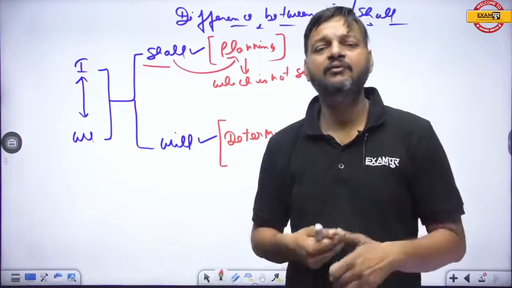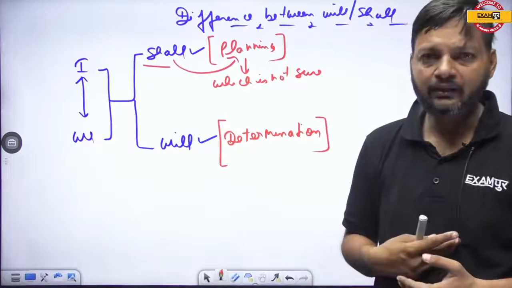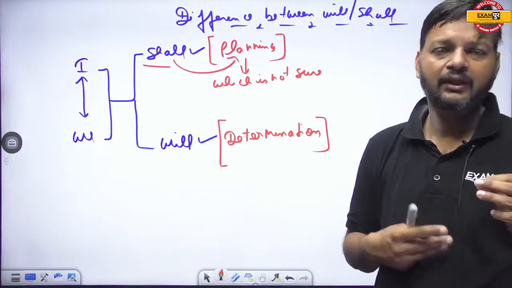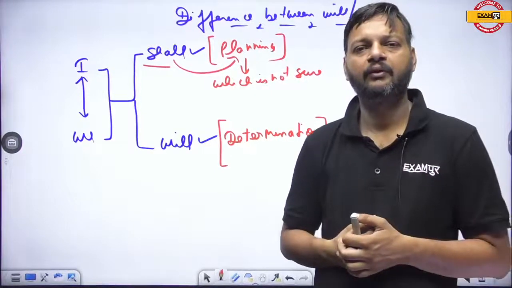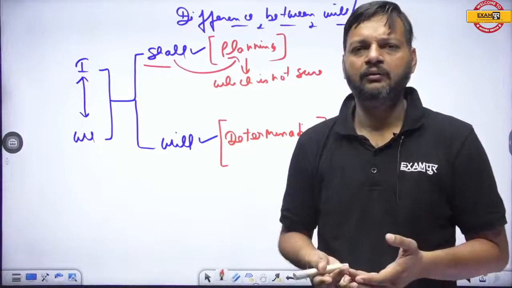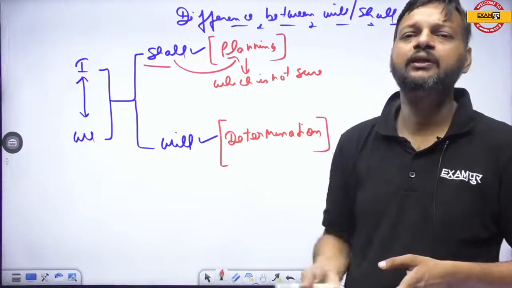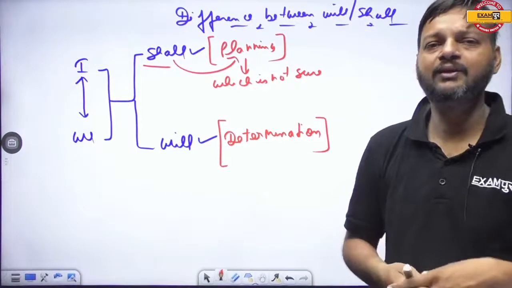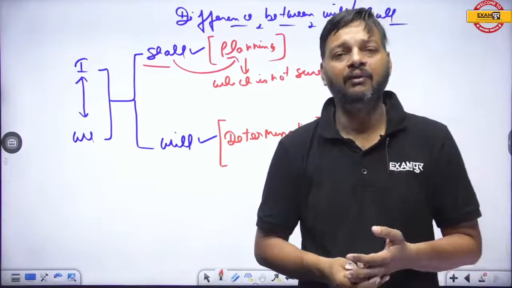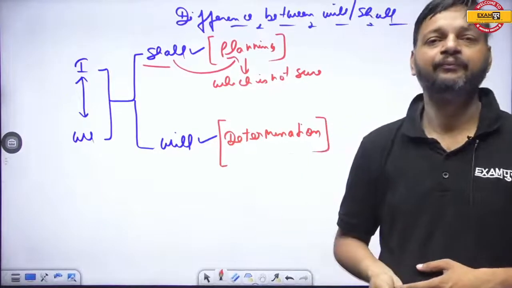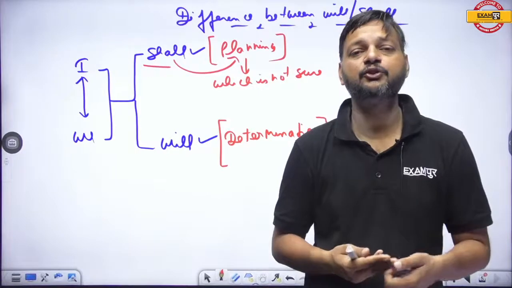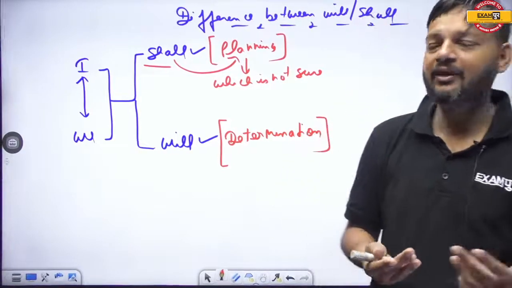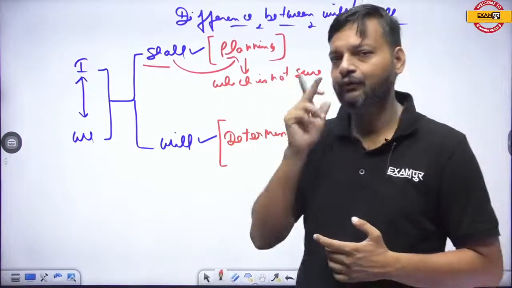So every day we make thousands of plans, but does any of the plan we execute? Not sure, because planning and executing them are two different things. We make hundreds of plans every day, but we execute only a few of them. So planning which is not determined, planning which is not sure or certain, is expressed by shall with I and